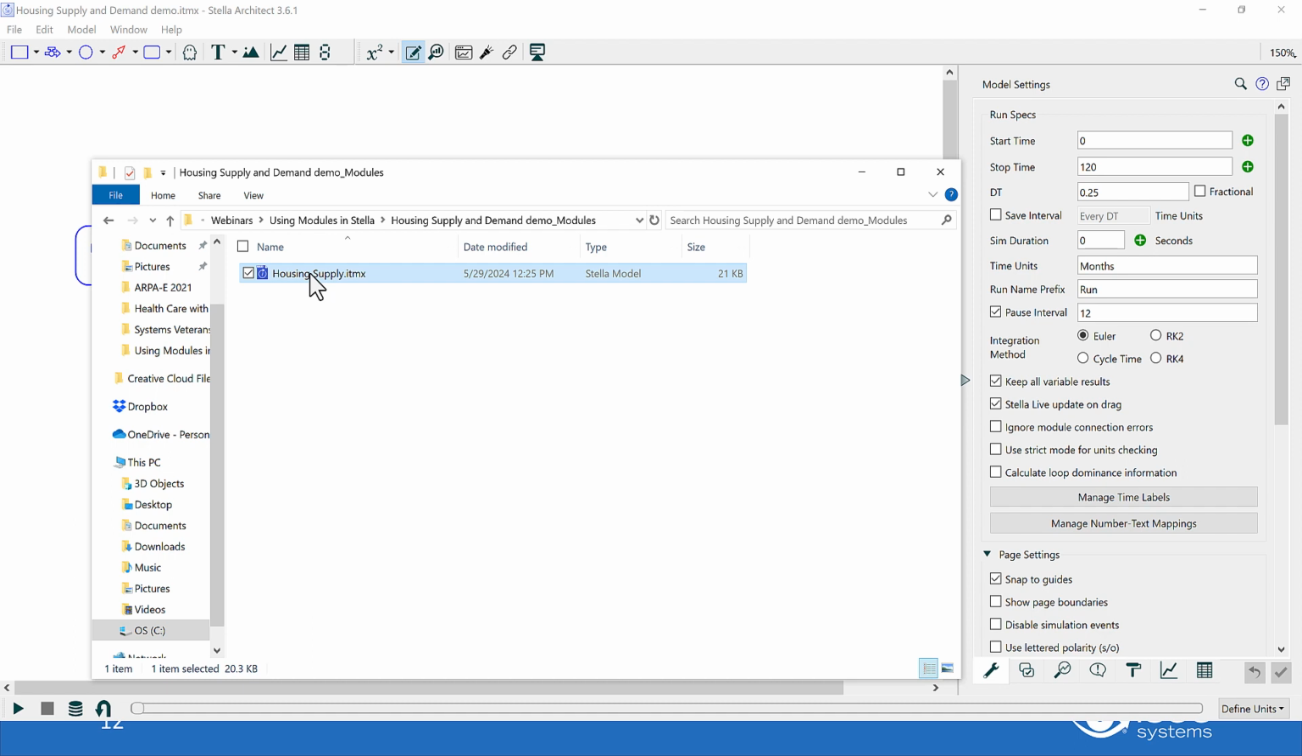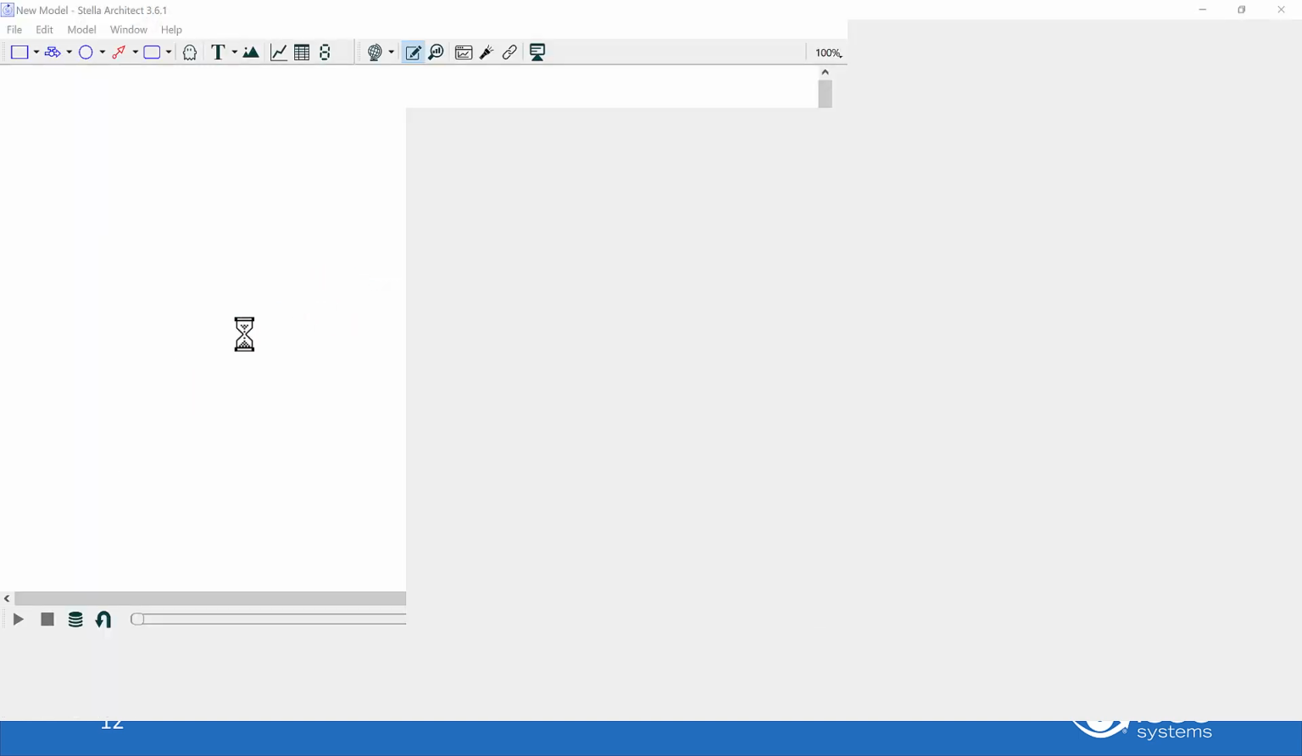I need that. If I pass this model to anyone else, I need to include this folder, which I can easily do by creating a package under the file menu, or I can just include it myself in my own zip file. So if I open this, we will see